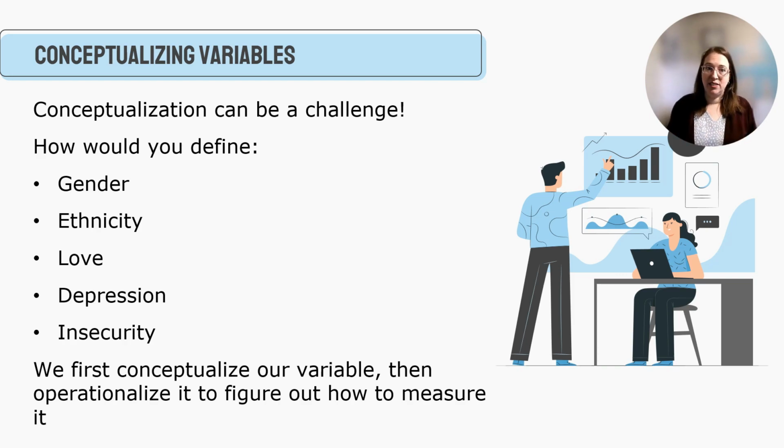Then once we've conceptualized the variable, said, okay, here's what I think the variable is, here's what the attributes are, then we have to operationalize it. How are we actually going to measure it? Are we going to define something like depression based on the score on a scale? Or are we going to do an observable study where we observe things like their physical hygiene or maybe statements they make that are symptoms of depression? It may be a little bit different. We might do self-report where we just give a survey and say, hey, rate yourself. So there's a lot of different ways we can operationalize things, but we can't pick the right measurement tool. We can't figure out the study design if we don't know what the concept is in the first place. So again, it's really important to make sure we're conceptualizing things first. We look at the attributes, then we figure out how we're going to measure it.